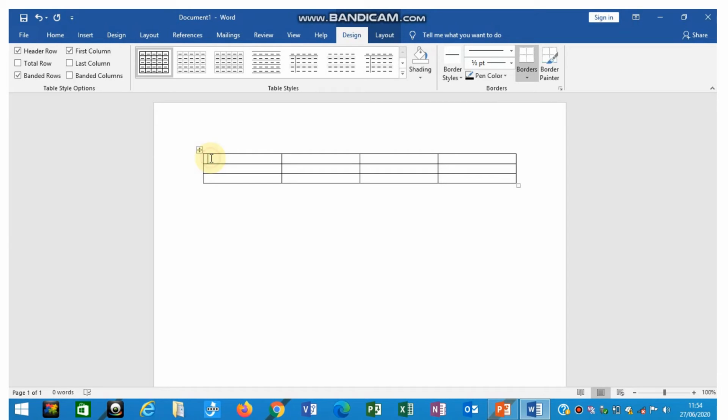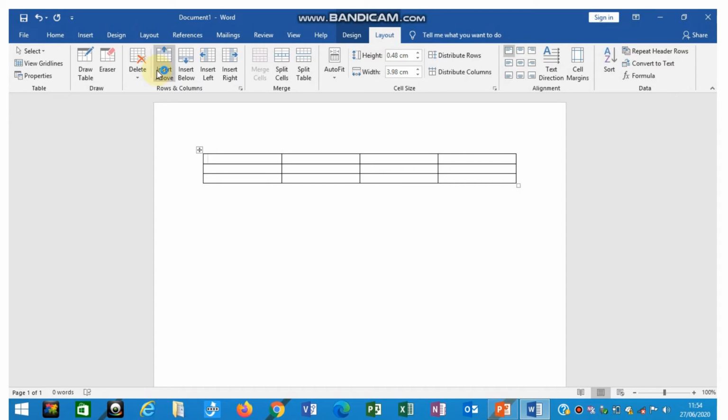So after clicking on the first column, go to the Layout tab beside Design, and here you will see Insert Above, Insert Below, Insert Left and Insert Right options. Insert Above and Insert Below are used to insert new rows in the table, and Insert Left and Insert Right are used to insert new columns inside the tables.